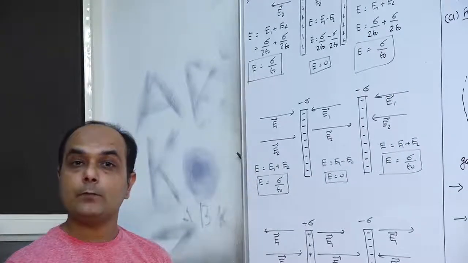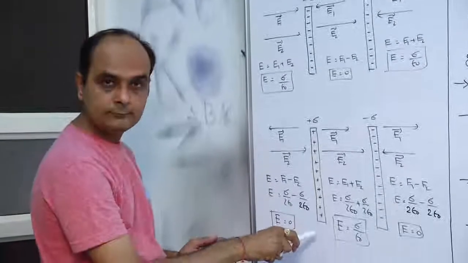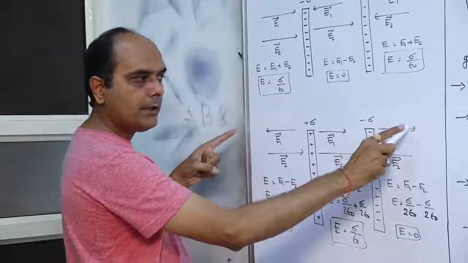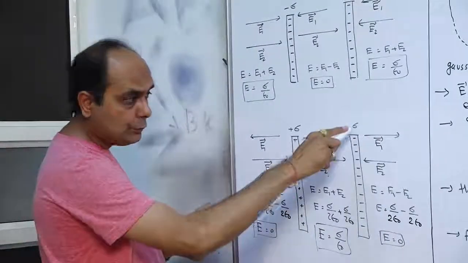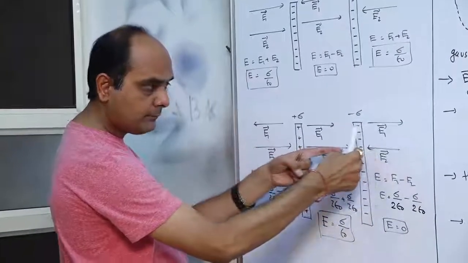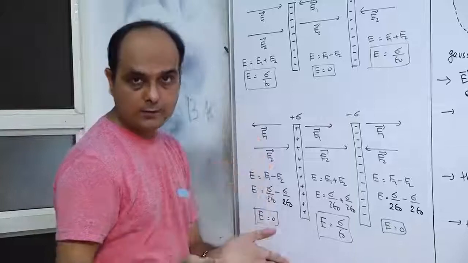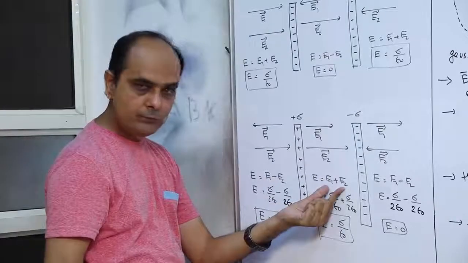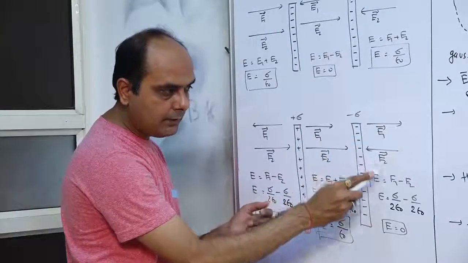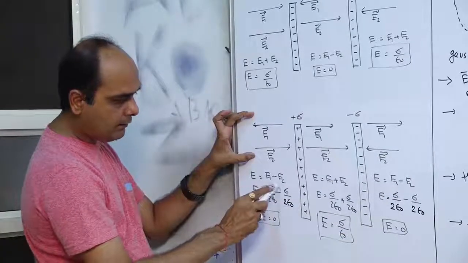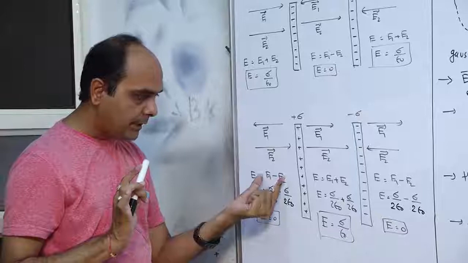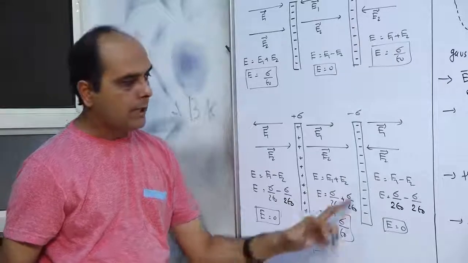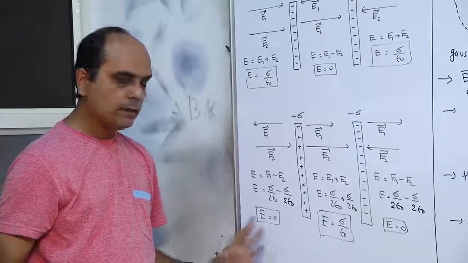Okay. Now student, one plate is positively charged and the second plate is negatively charged. Due to the positively charged plate, the electric field E1 is away from the plate. Due to the negatively charged plate, the electric field is towards the plate. Now what happened? The answers are reversed. Between the plates, the electric fields are in the same direction, E1 plus E2. Outside the plates, they are in opposite directions, E1 minus E2. So between the plates, the electric field is E1 plus E2, and the answer will be sigma by epsilon 0. But outside the plates, the electric field is 0.